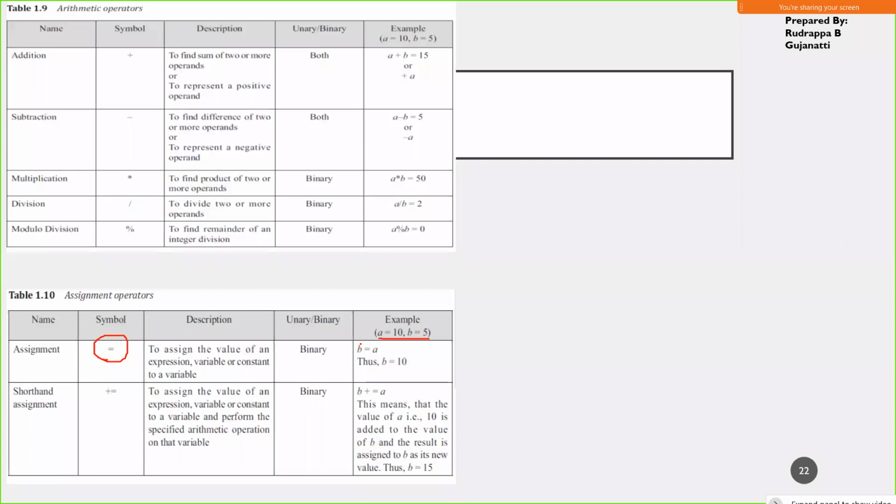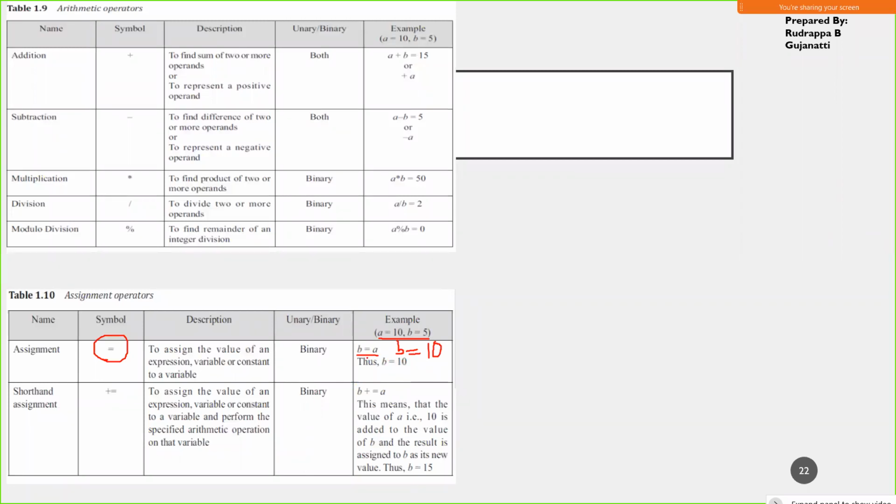So if I have to assign any variable a value, I can assign directly in this form, where B is assigned the value of A, where A is also a variable, or we can have an assignment of the kind B is equal to directly the value 10. So I can do this also. Directly I can take any number and assign it to the variable which is present on the left hand side. So this is an assignment operator.